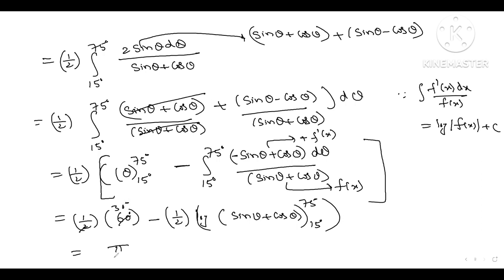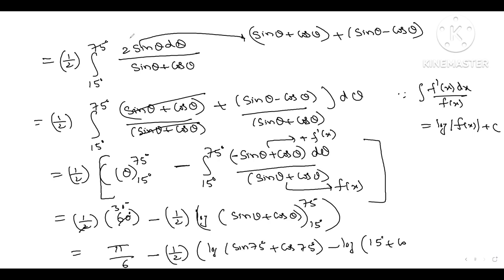So 30 degrees is nothing but pi by 6. So this value will be 1 by 2 times, first theta placed at the upper limit. What we get here: log of sin 75 degrees plus cos 75 degrees, minus log of, here theta placed at the lower limit 15 degrees, log of sin 15 degrees